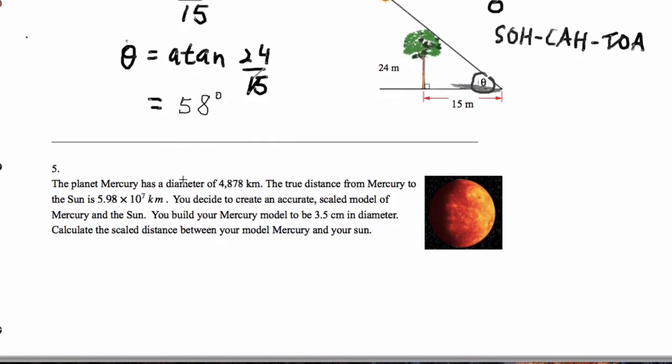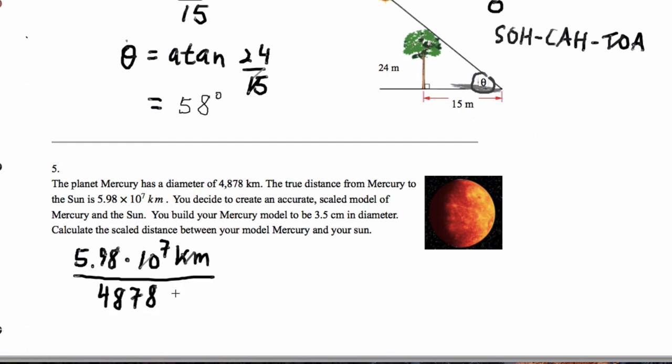All right. Now we have the planet Mercury. It has this diameter, and we have the true distance. And we want to know the scaled distance if we reduce Mercury's size to 3.5 centimeters in diameter. So we're going to do exactly what we did in the first lab of the year. Let's get the ratio of the total distance to the diameter of Mercury, and like we discovered in the lab, that'll tell us the number of Mercury planets that will fit between Mercury itself and the sun. So when we do that, we end up getting a pretty big number, something around